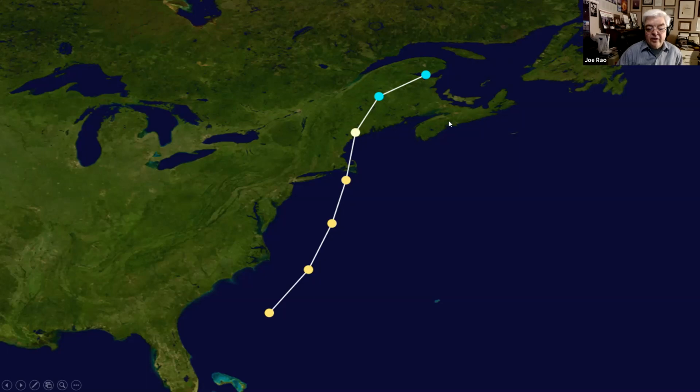And Nova Scotia, while it did not get a direct hit from the storm, was located in what we call the right rear quadrant of the hurricane or tropical cyclone. The absolute worst place to be is if you are to the right of the track of a tropical system. Guess what? New York was to the right of a tropical system by the name of Sandy back in 2012, and you saw the damage that that storm wrought upon us,